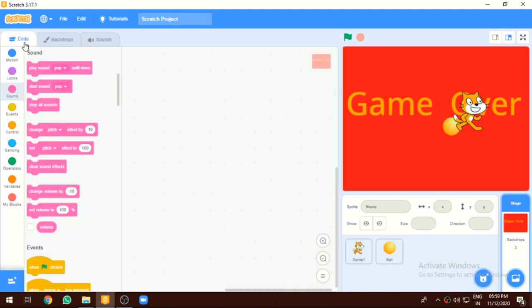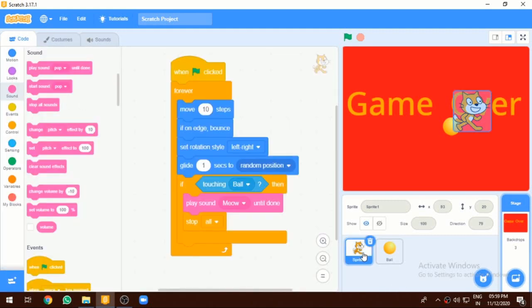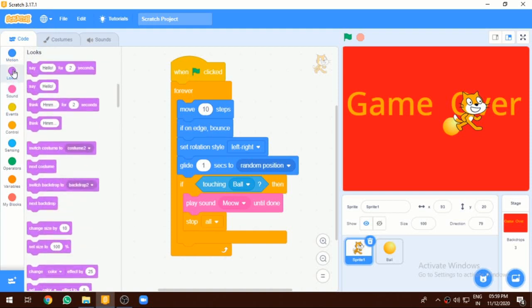So go to the code and we are going to add this code in sprite 1. When this if condition is true, at that time we have to change the backdrop. So to change the backdrop, one block is given, that is switch backdrop.